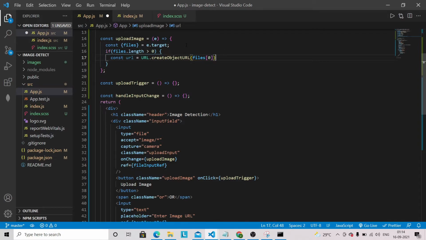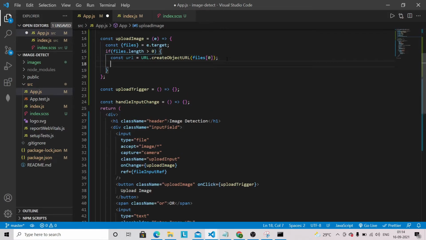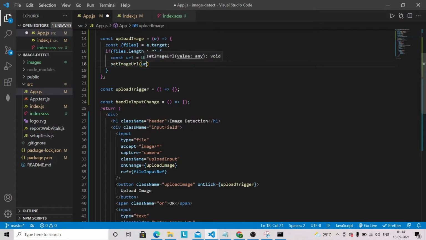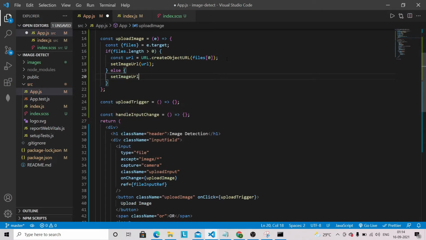So that's why we are targeting the 0th index here. After that, we are going to set the image URL, and else if there is no file, that means set image URL to null.